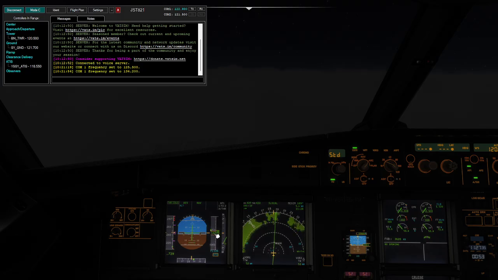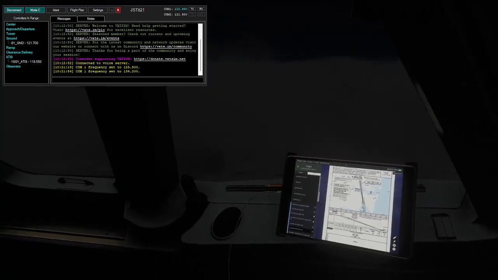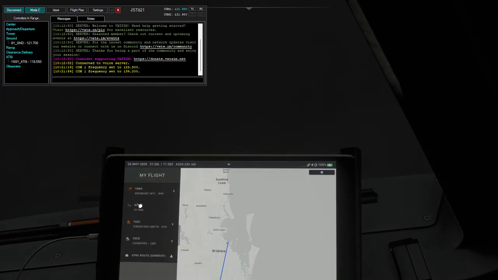And when it centers, we'll continue our descent down following that green dot, and that green dot will pretty much stay central. Now if it does dip below, we can bring out the speed brakes a little bit to give us a bit more drag, but at the moment we shouldn't need any drag at all, so we'll keep an eye on that as we go. And we'll check our charts as well, and the easiest way to do that is just to go over here, go into your charts again, and we want to look at that